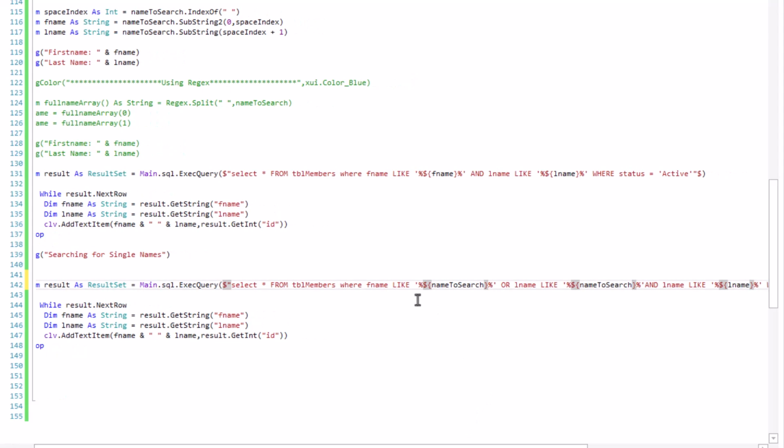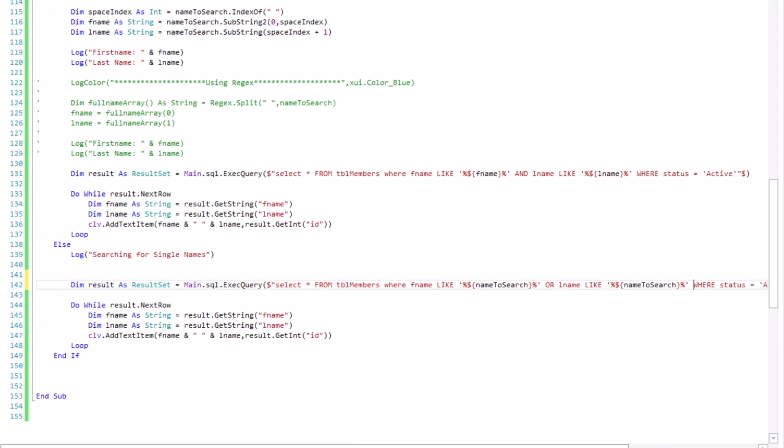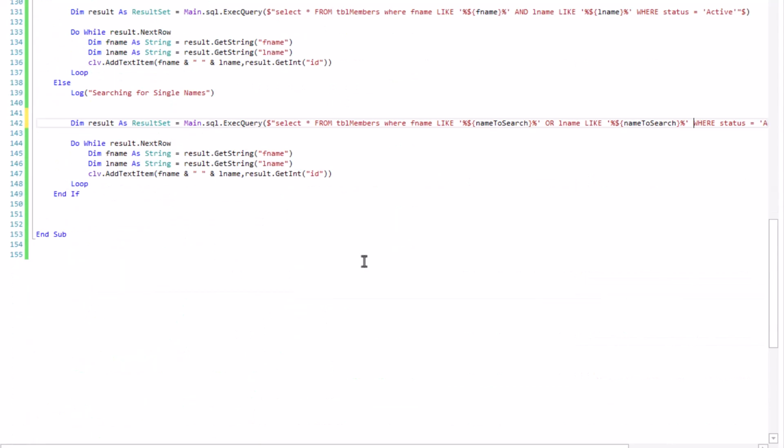We search the name in the first name field, or we search it in the last name field, and that's it. Where status equals active. If we get a result, we load into our list view. Okay, let's try it and see.